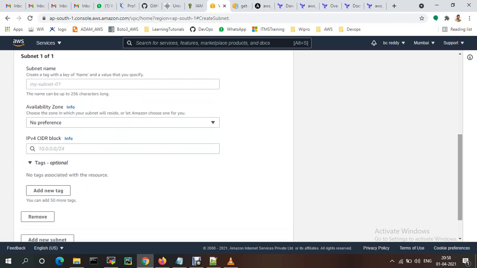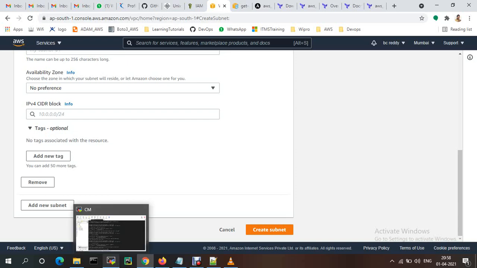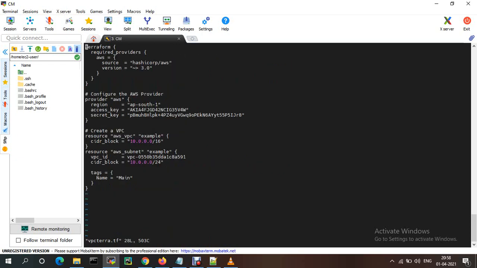You also provide the CIDR block, and add a tag. Okay, open this one, VPC CIDR block.